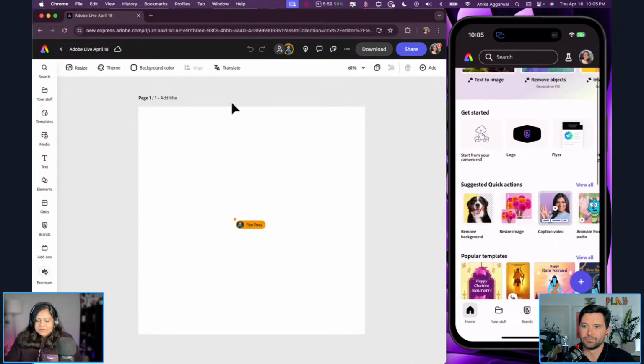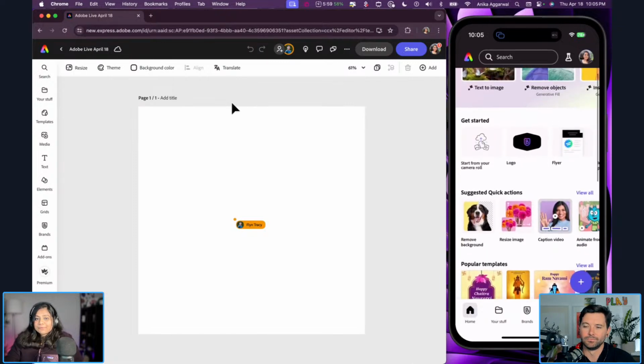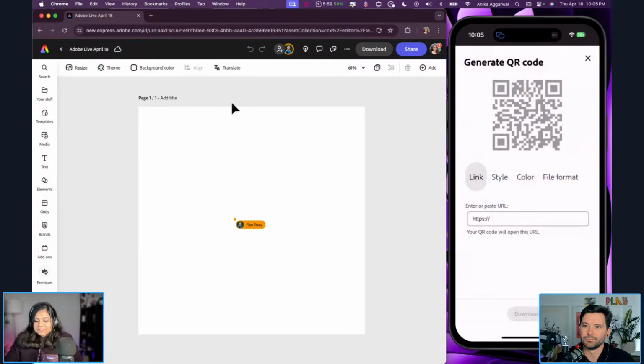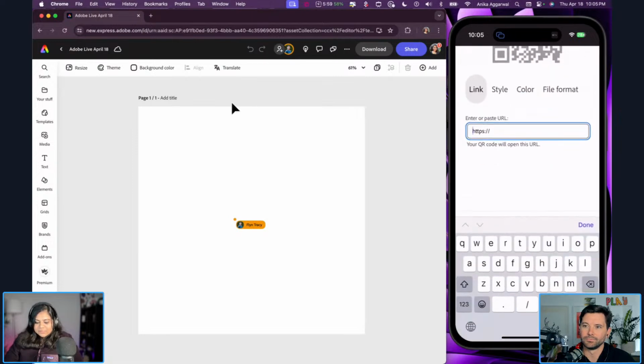And then the first option here, get started, is start from camera roll, which is cool as well. And then we have some quick actions here. Again, caption video being one of the top ones here. And generate QR code, again, one of my favorites because you can just plug in your link here. So I'm going to say